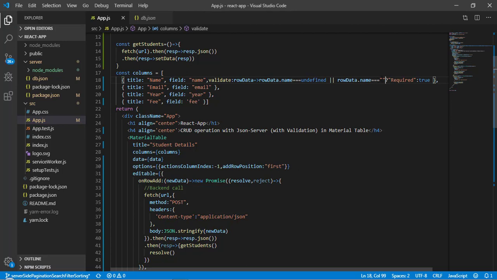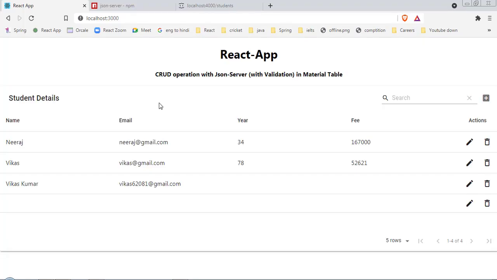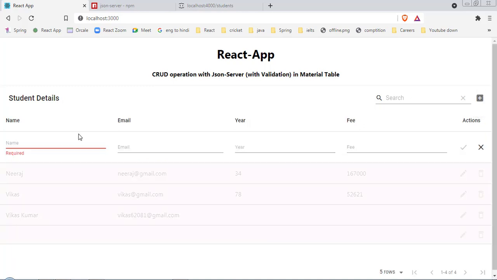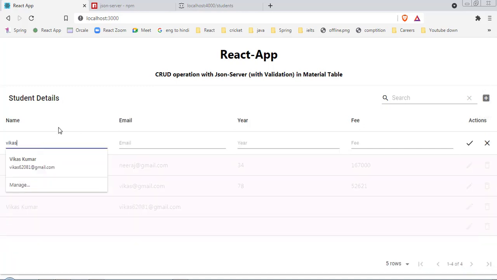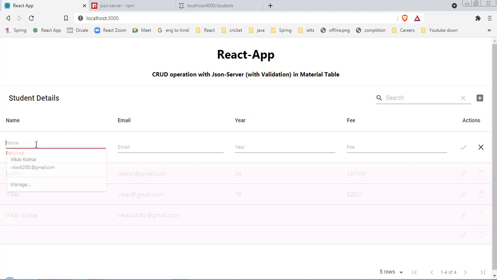If empty, show this message as required, otherwise return true. Now let me come back, and I am getting this required, and I started typing here, and as you can see I don't have an error, but right now I removed it and I got this error again.